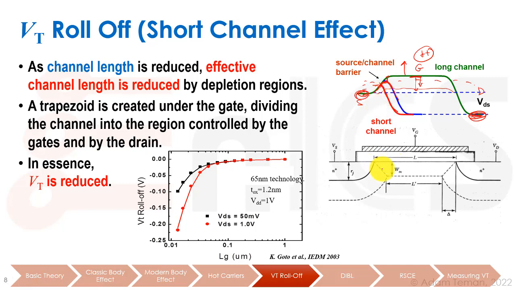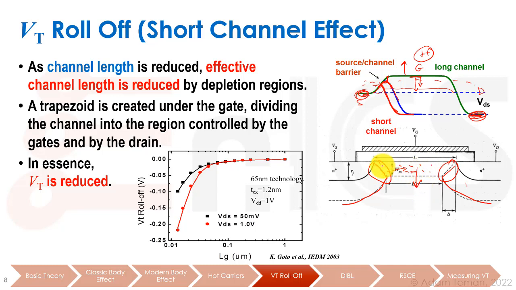Another way is looking at the parasitic, I would call it, control of the channel by the source and drain. It's similar to what we saw before with CGD and CGS, but we have the depletion regions of the source and the drain, which are not independent of the channel. They're eating away from the channel area, and therefore the amount of charge that we have to move over and bring in